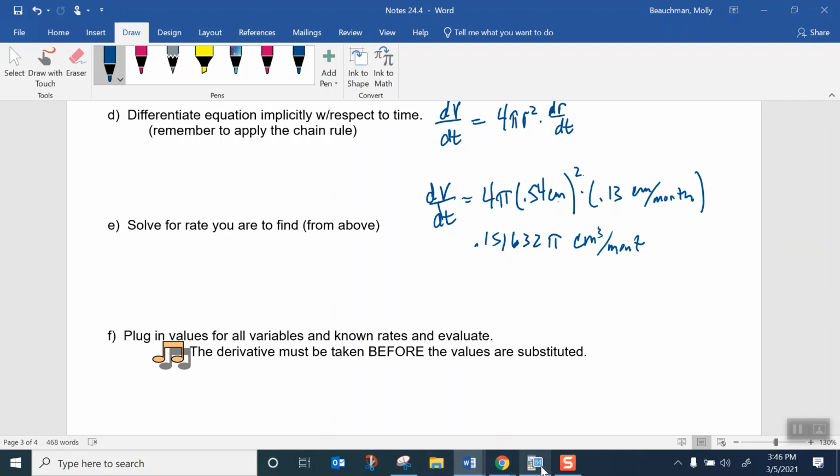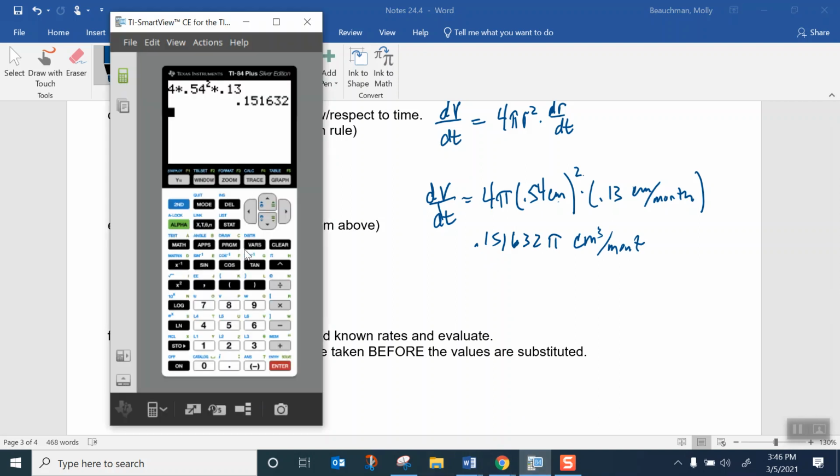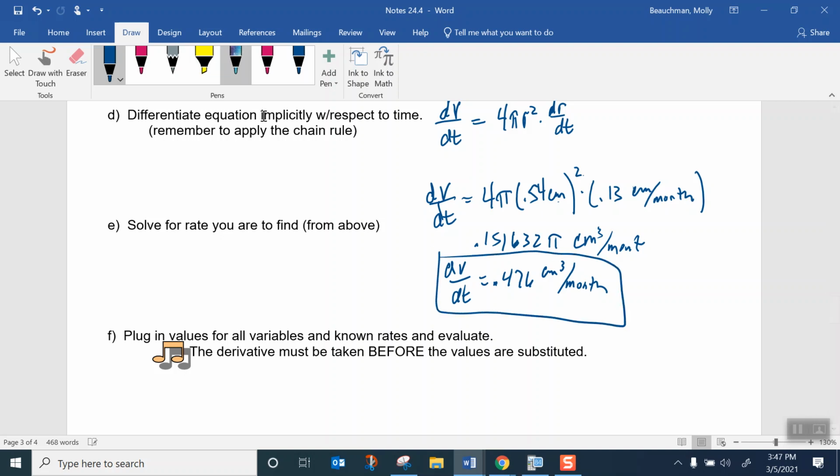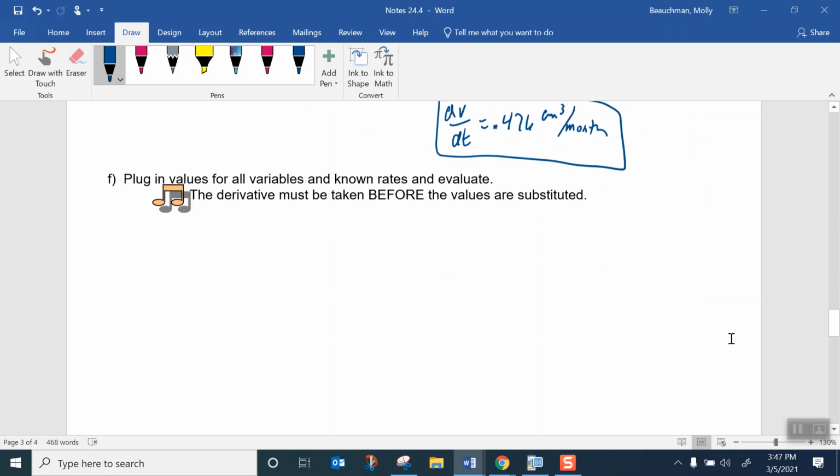So I'm going to go ahead and take the answer, multiply it by pi. So we take that answer, multiply it by, find your pi key on the calculator. So we get approximately 0.476 cubic centimeters per month is how fast the tumor is growing, the volume. All right, so there's two examples. Next example,